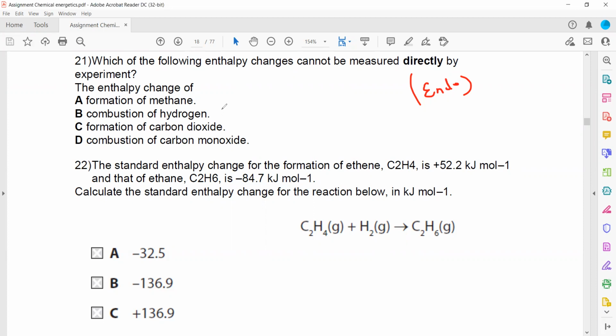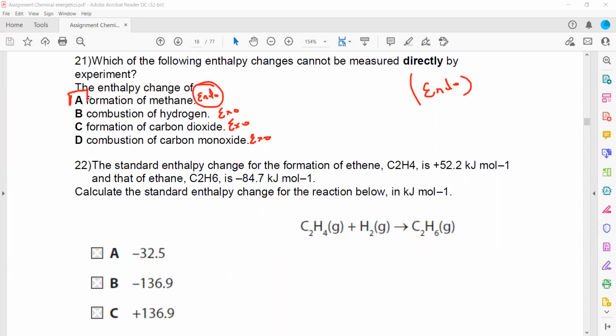Combustion of hydrogen, combustion is always exothermic. I skipped the first one, A, because that is the answer. Formation of carbon dioxide, how is carbon dioxide formed? When you burn something or respiration. So these all are exothermic changes. Combustion of carbon monoxide, you burn anything, exothermic. So it means the formation of the methane is